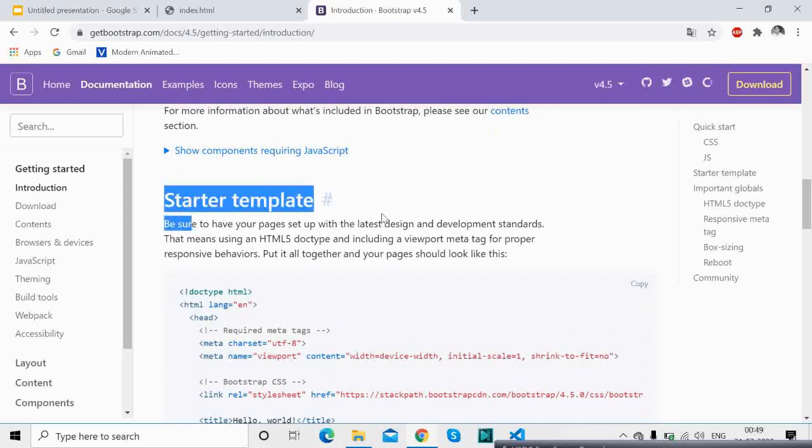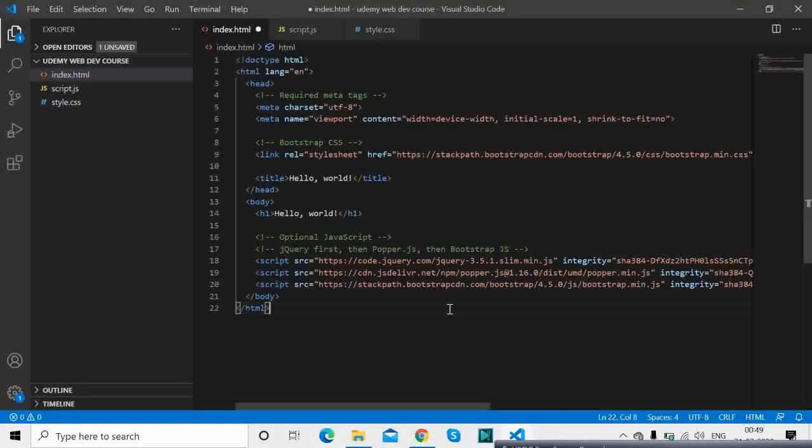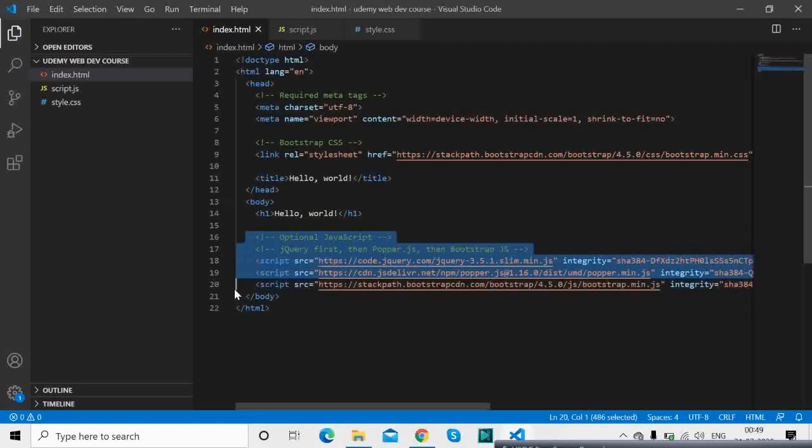When you start a brand new project, it's always easy to have a starter template. You just copy it, paste it over here, and you have the code. But for now we won't be requiring all this, so we'll just comment it out.